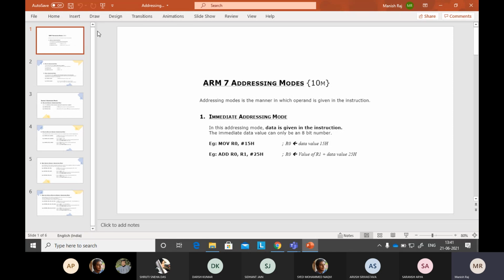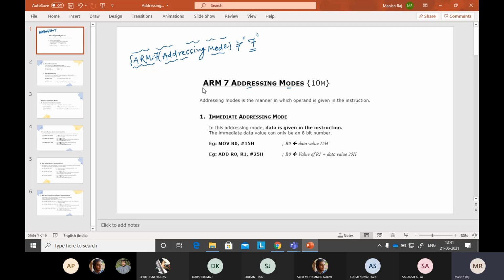It is working. Okay, so we will study the ARM addressing modes. So how many addressing modes are there in ARM? Just tell me. I have already taught this before. Most of the time you know there are 7 addressing modes present in the ARM. Okay, this is ARM 7. I will teach you one by one, the ARM addressing modes, so you can understand which type of mode is working here. So can anyone tell me what is the meaning of this addressing mode?